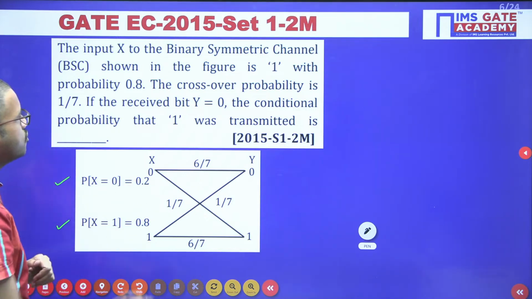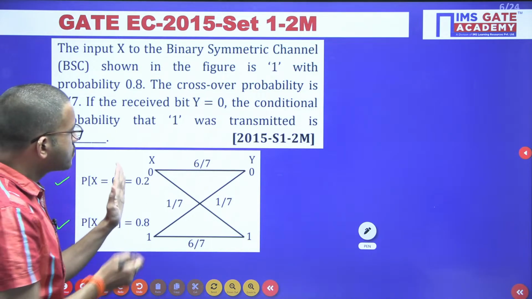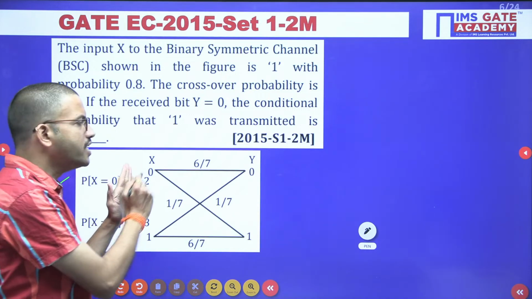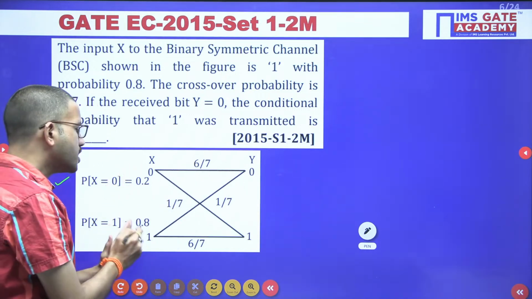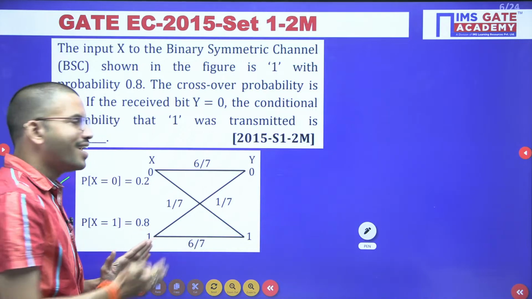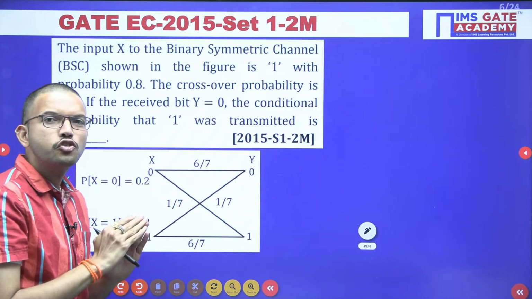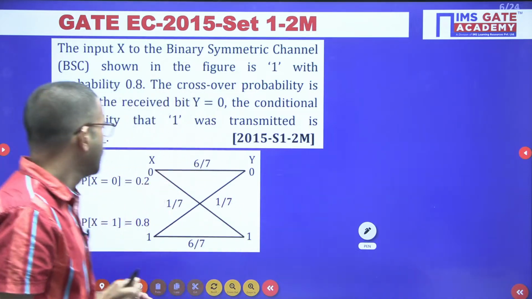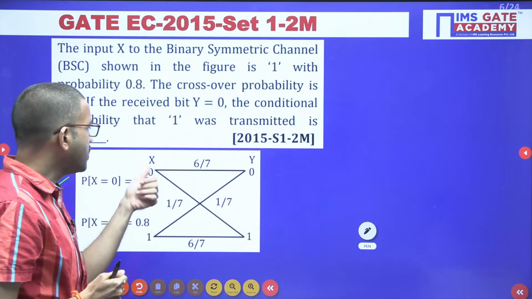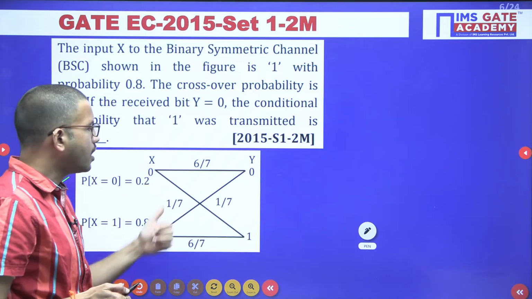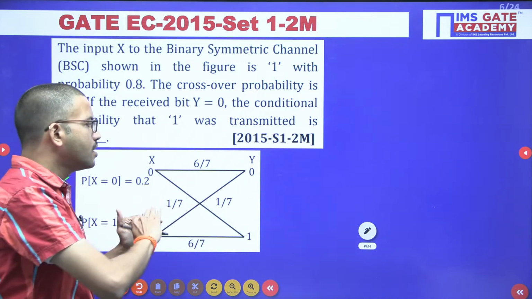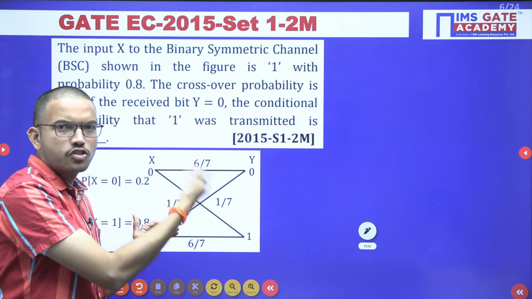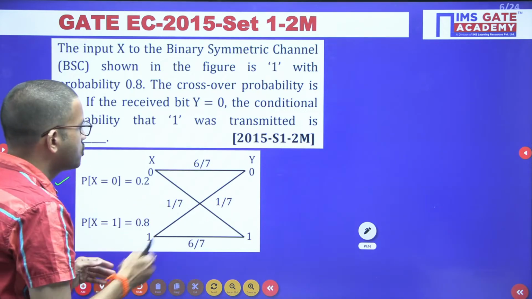Okay. Now in this question, if you observe, if you are transmitting 0, ideally you should receive 0. If you are transmitting 1, ideally you should receive 1. If you are getting that, it means there is no error, or in fact we can say that you are getting the correct bit. Instead of that, say for example 0 becomes 1 or 1 becomes 0, that means there is an error. Okay, it is crossover, 0 becomes 1 or 1 becomes 0, right?